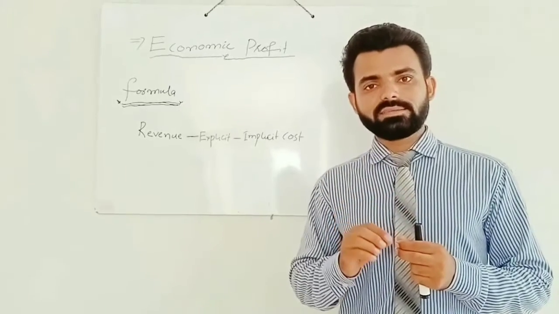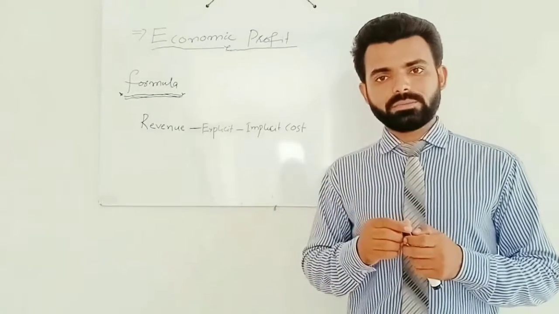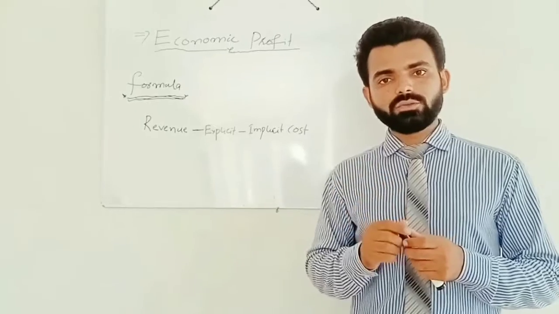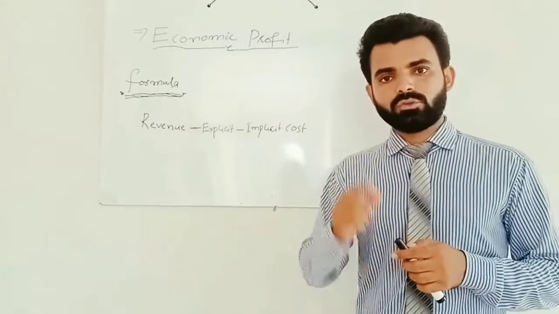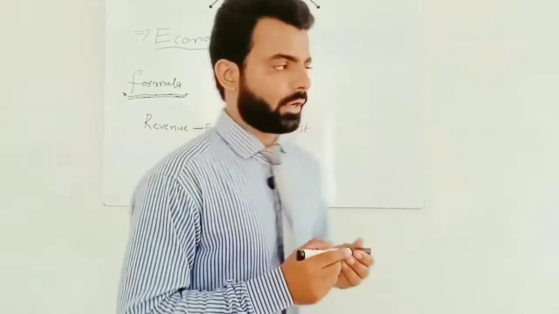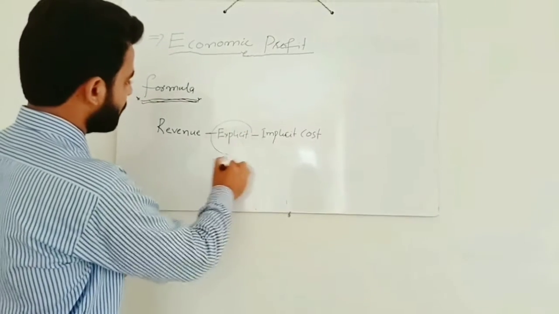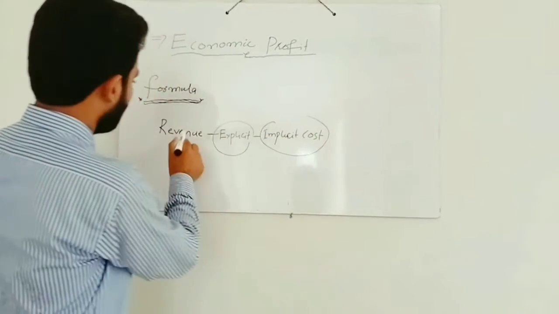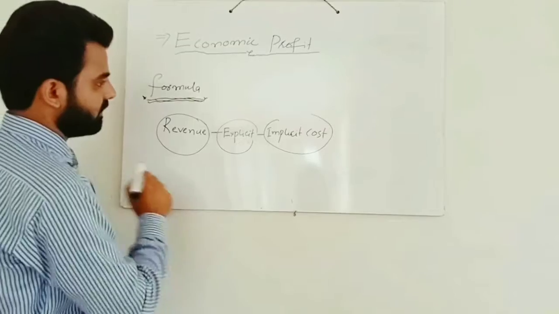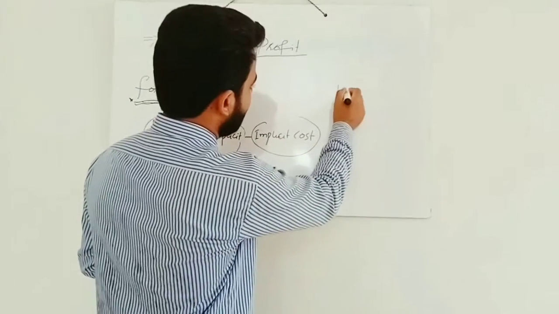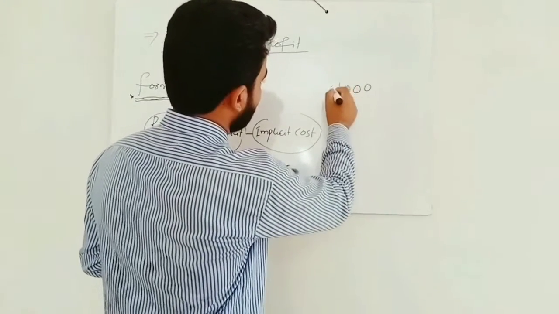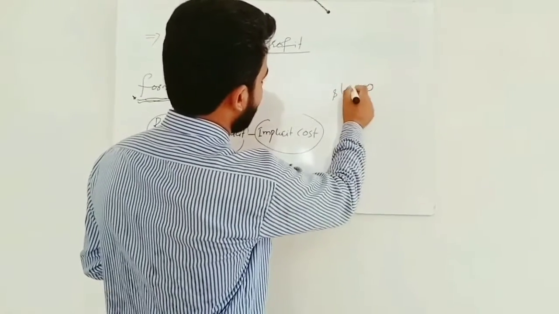It is not necessary to follow the accounting principles. Economic profit follows the economic principles. So the formula of calculating economic profit is we have to deduct the explicit cost as well as implicit cost from the total revenue. Say suppose if the company has earned $1,000 as a revenue and they have